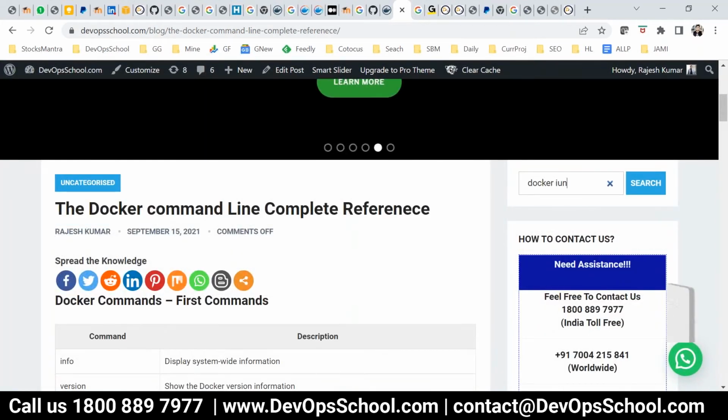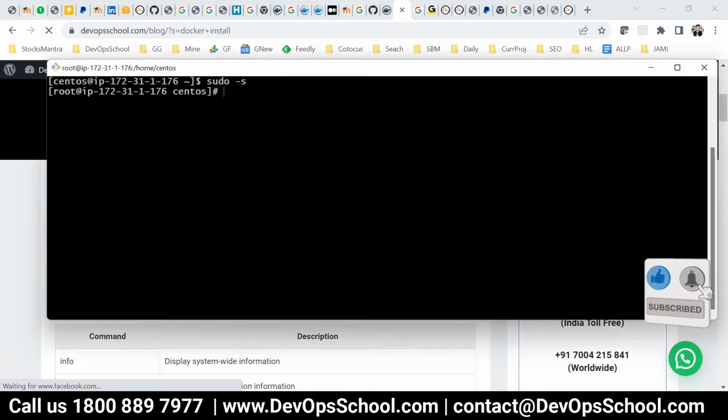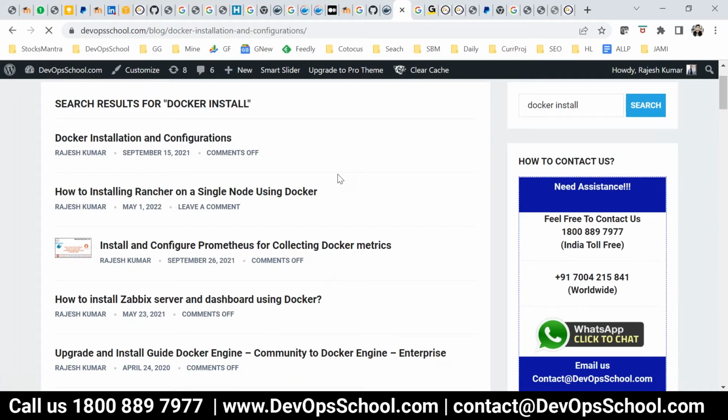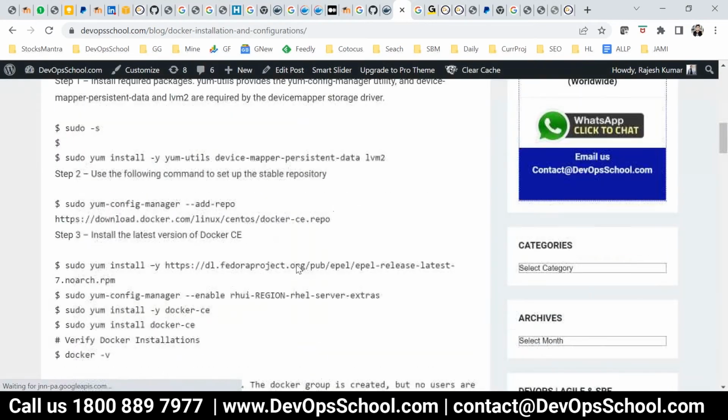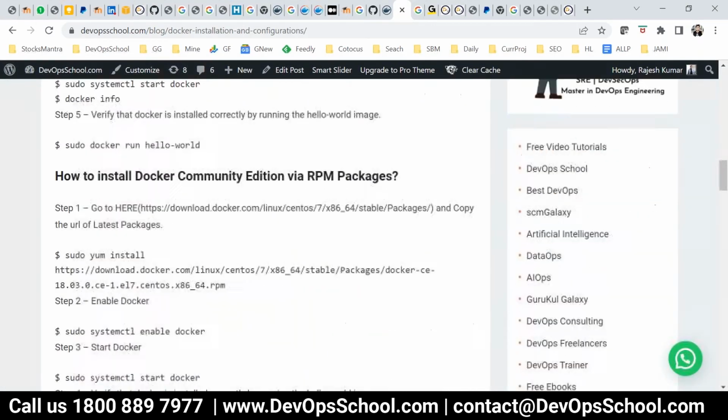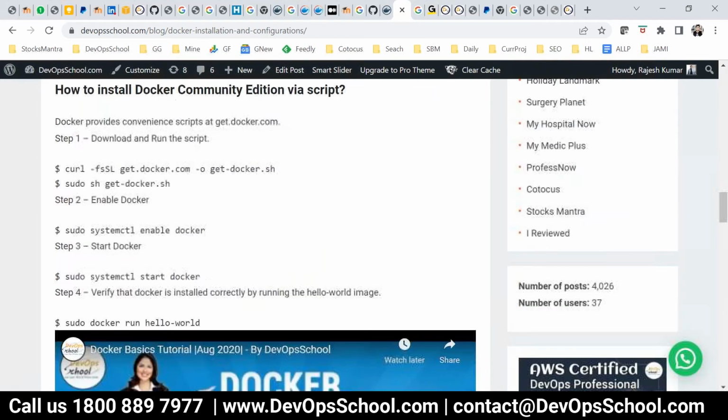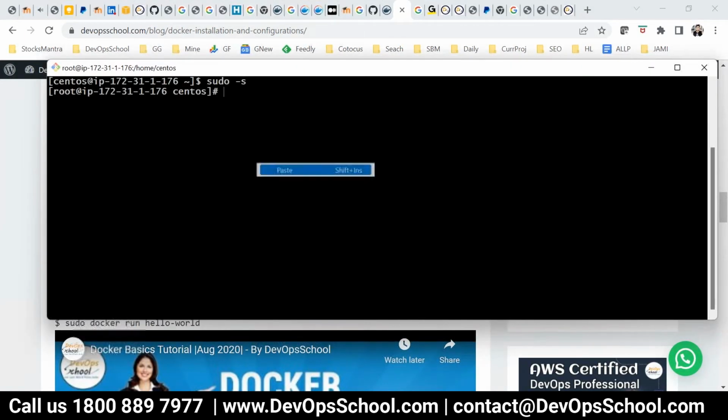Docker install. Yeah. So I'm going to install the Docker, and for that, this is the easiest way, or let's say, let's go for this. I'm installing Docker,